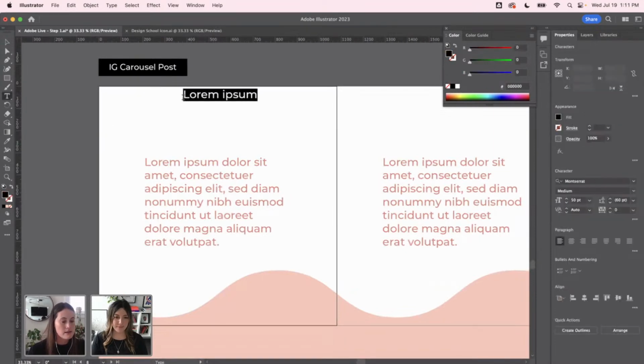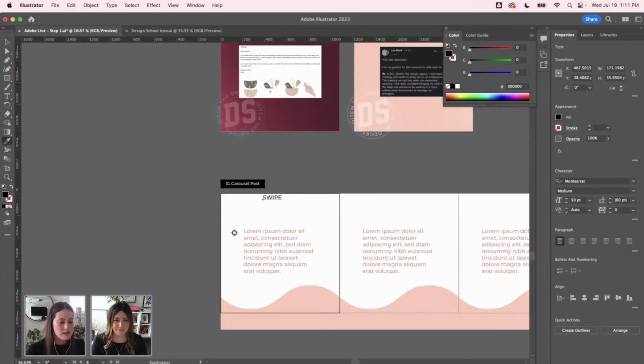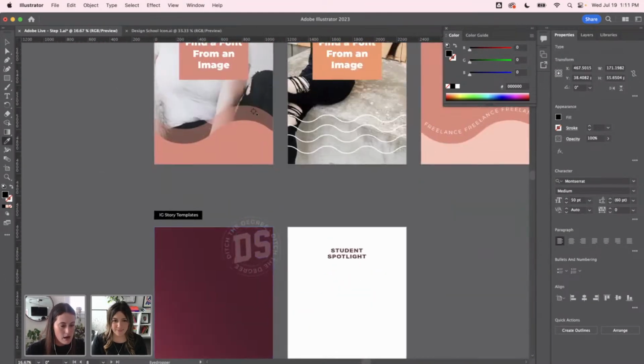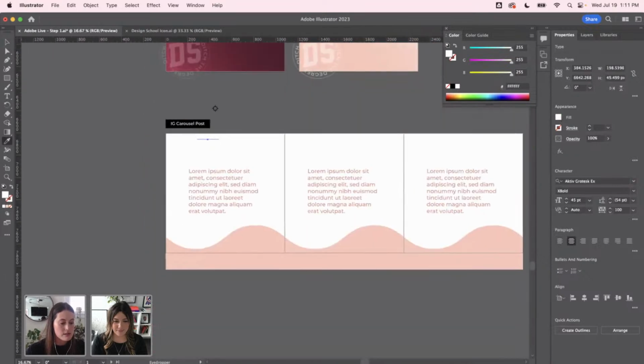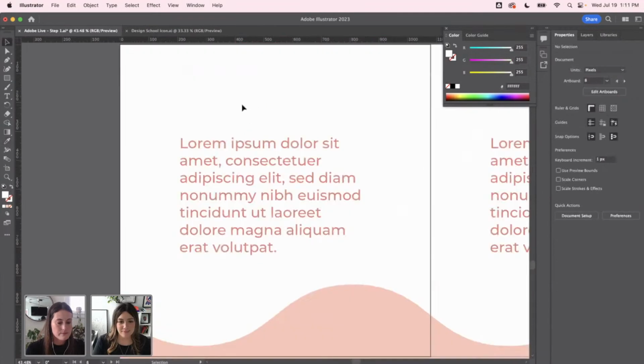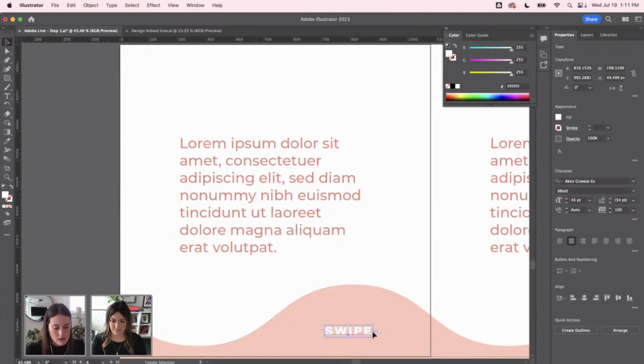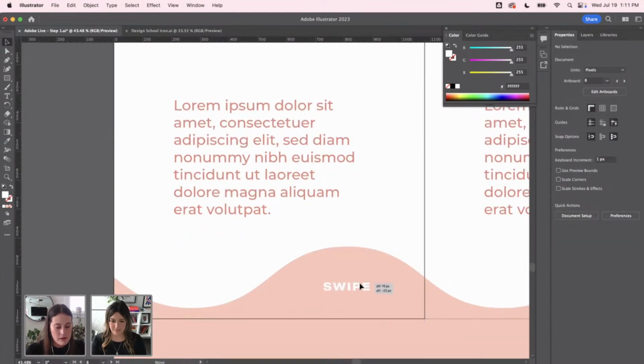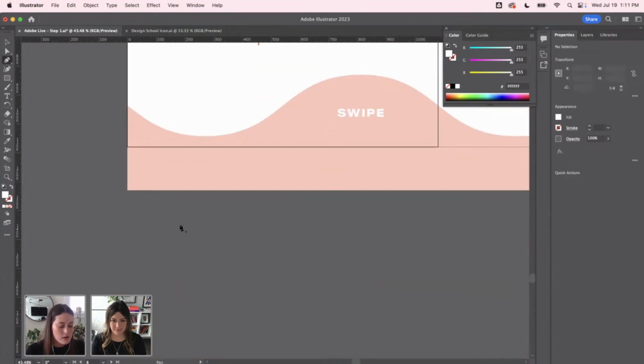So we're going to add a little swipe text, and we're going to grab this font again. Plop it here, make it a little smaller, and then I'm going to make a little arrow with the pen tool. I'm just going to make a little triangle